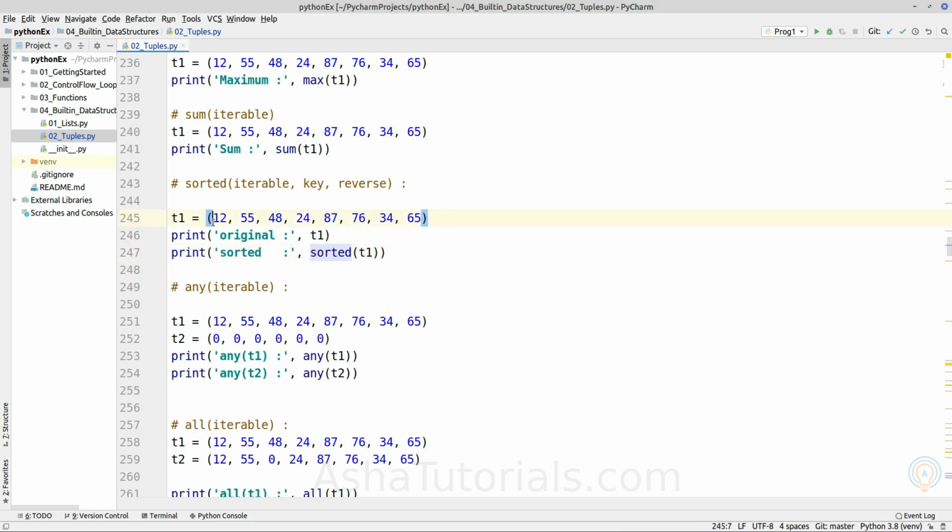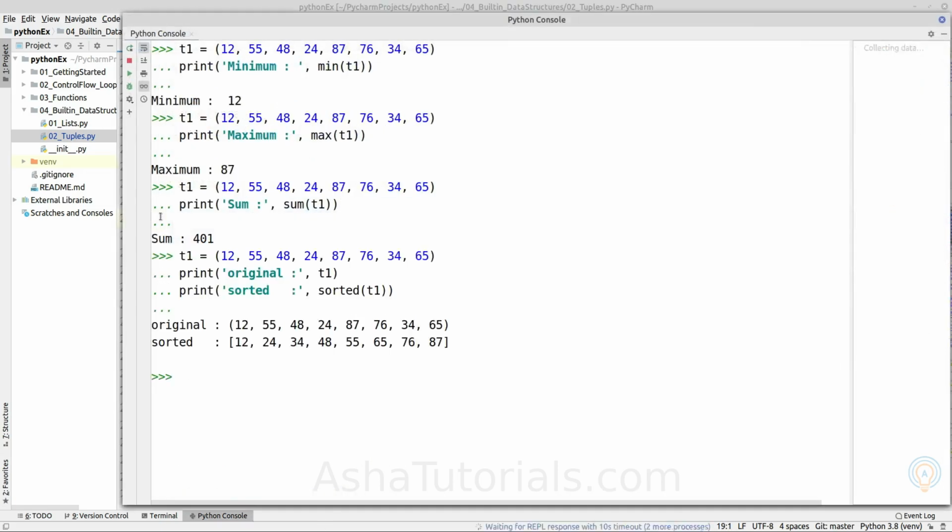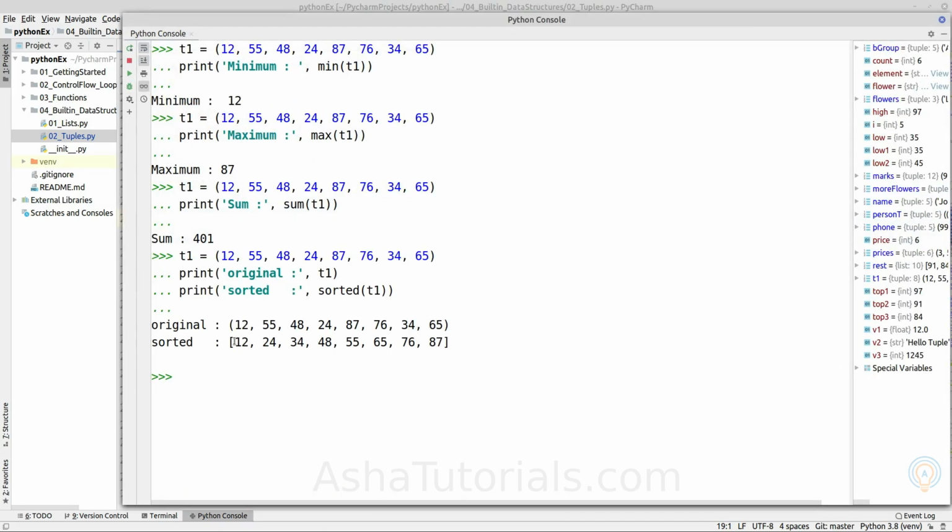Okay, so if we have the same numeric tuple and if we print it in a sorted manner, as we can see, it is returning sorted elements, but the return container is a list instead of a tuple object. So we are passing here a tuple object, but instead of a tuple object it is returning a list object which contains the same elements but in a sorted manner.